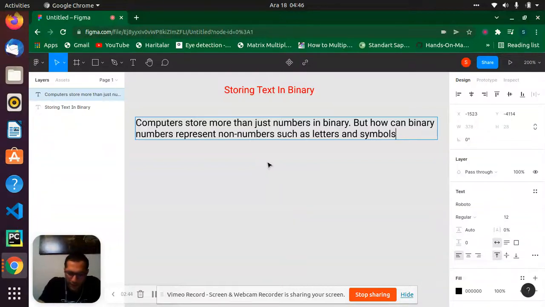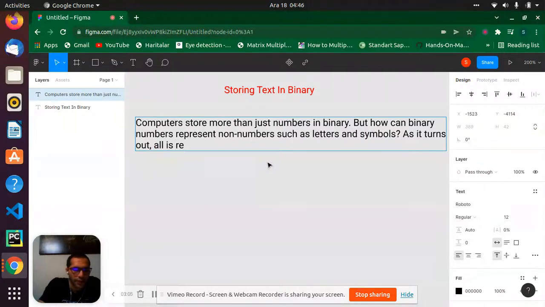So I will put a question mark here and say: as it turns out, all it requires is a bit of human cooperation.